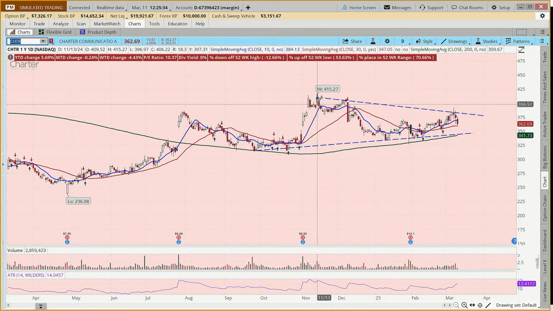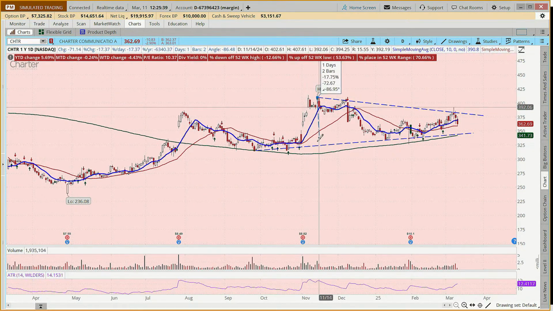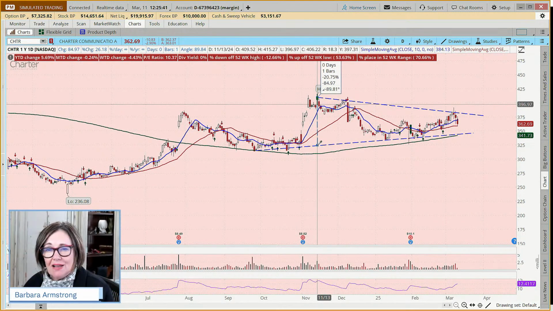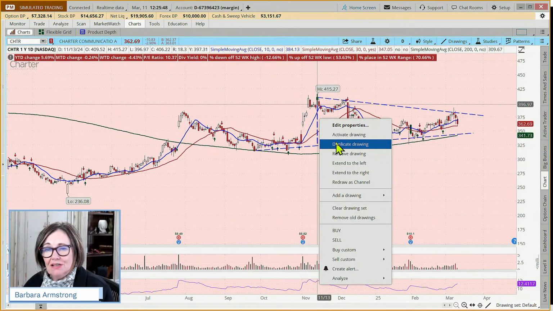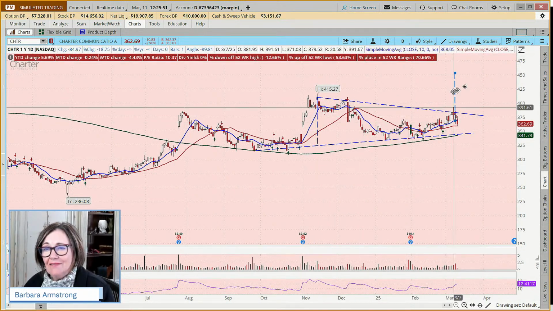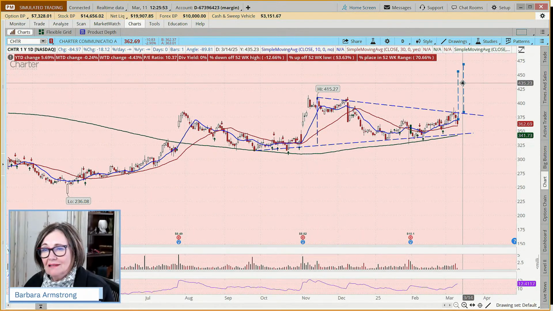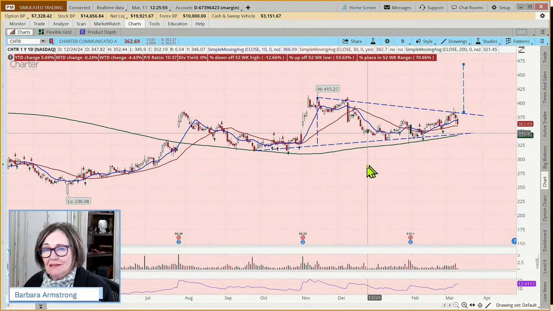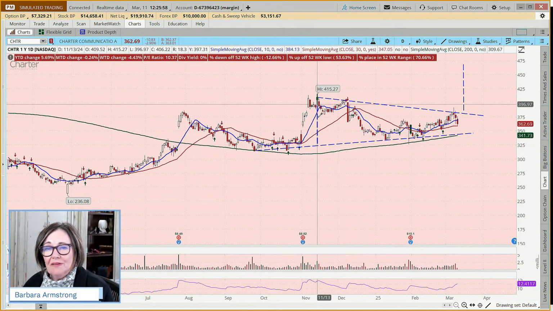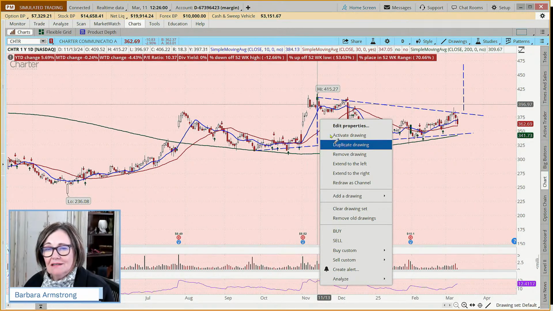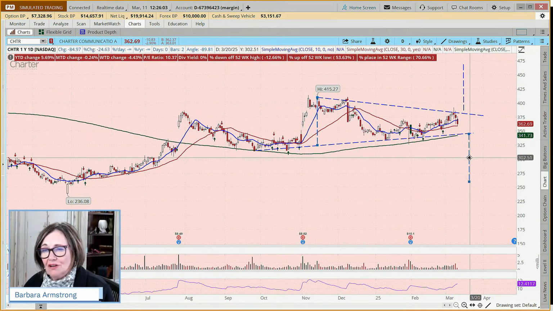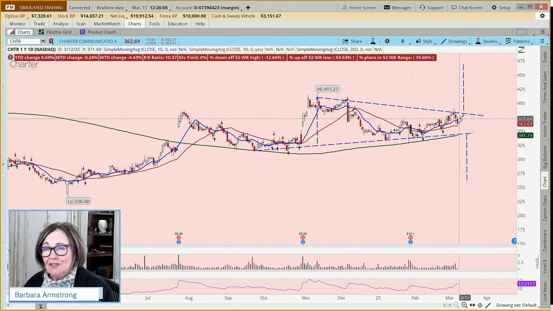You could do that, or some traders might do that. Again, not a recommendation. Or you could say, okay, this is about an $85 move. And so could we come in here and duplicate this and say, hey, if it moves to the upside, here could be our target. Or if it breaks out to the downside, this could be our target. And we don't know which way it's going to break yet. And in fact, it could spend another month coiling,